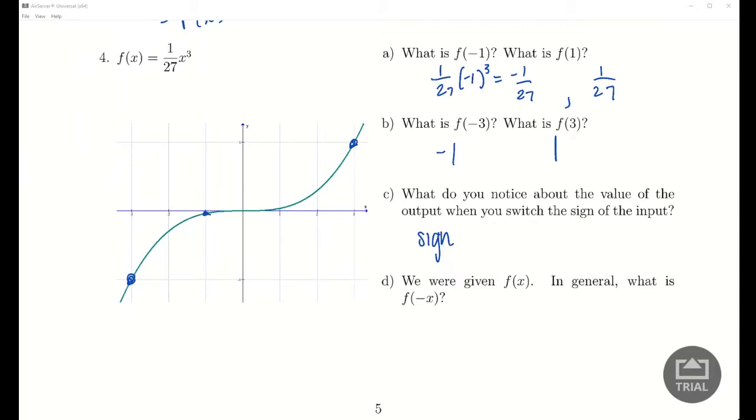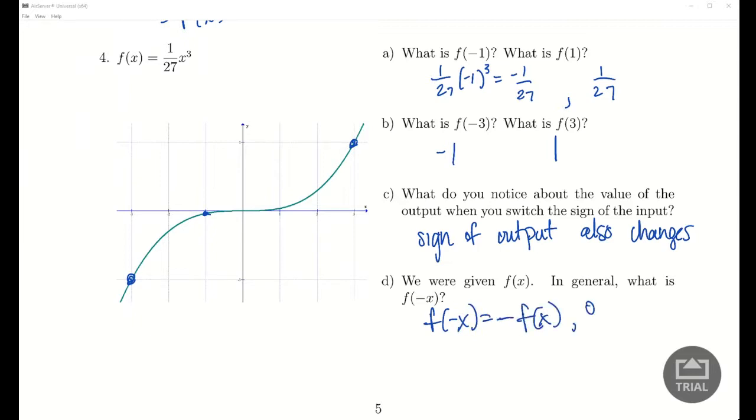Let's write a sentence. And so what that means is you have f of -x, that will give you the negative of the thing you started with, and that's an odd function, and it has origin symmetry,